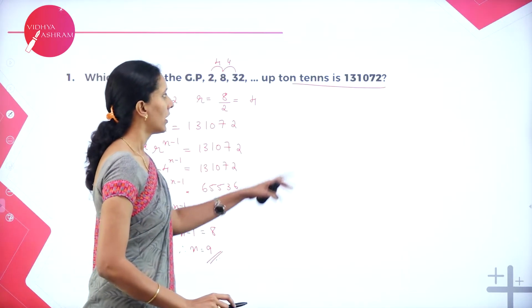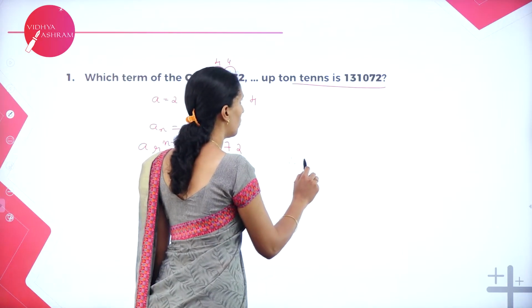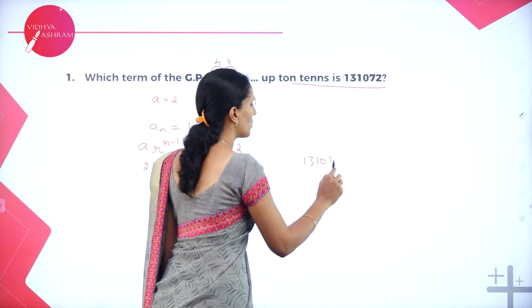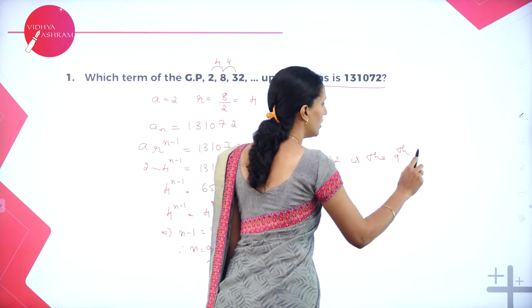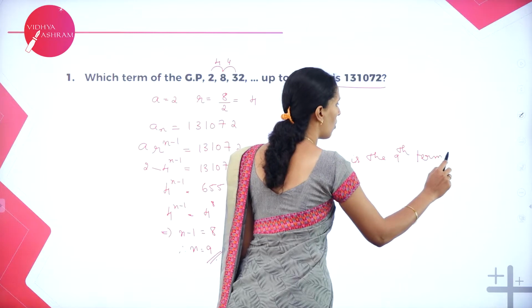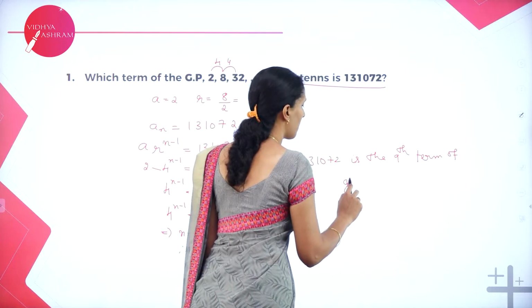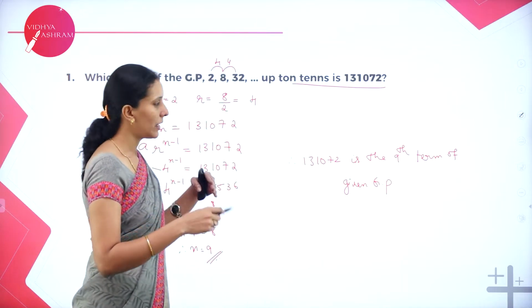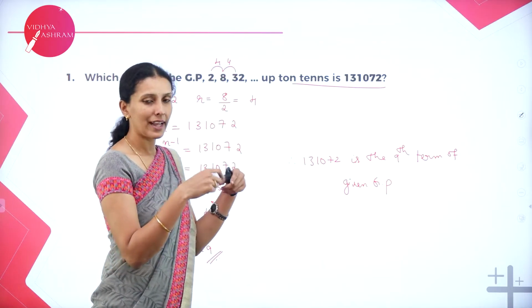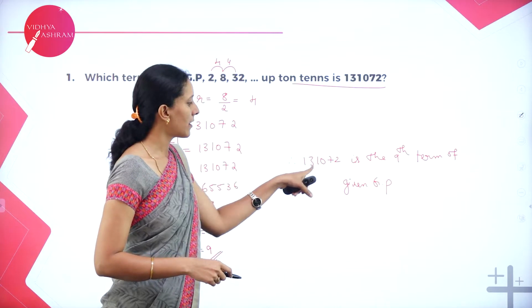So, this is the 9th term. Therefore, 131072 is the 9th term of the given GP. So, when you go on multiplying with 4 to get the next term, you will get the 9th term as